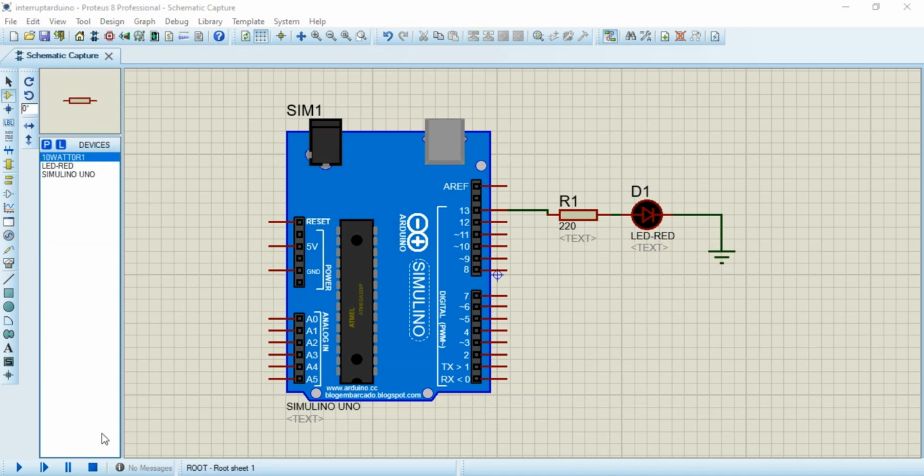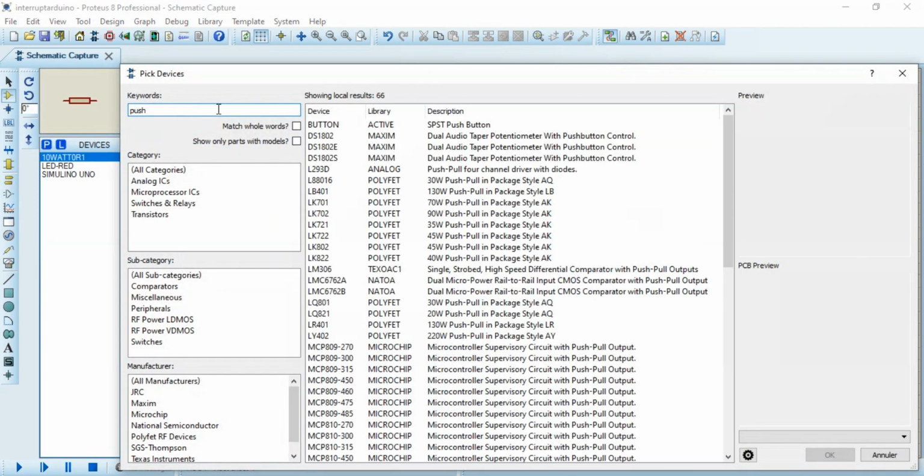Now we will see such an example using a push button and an LED, but before that